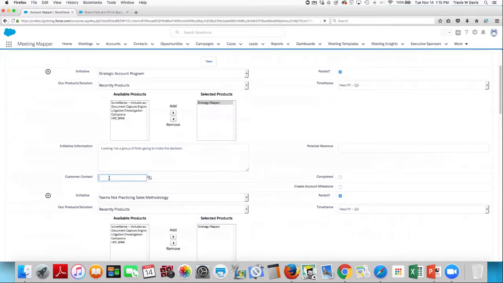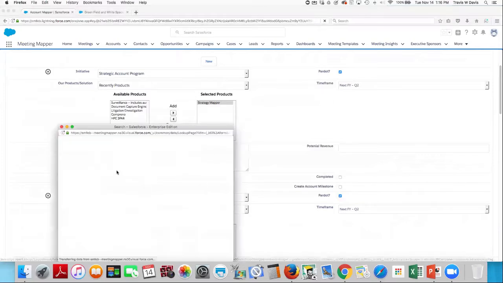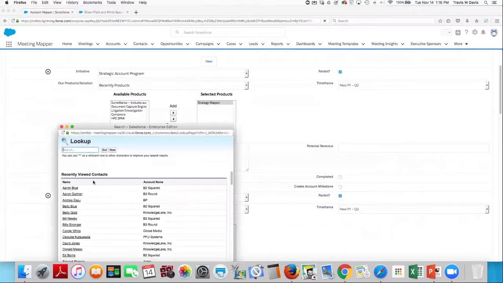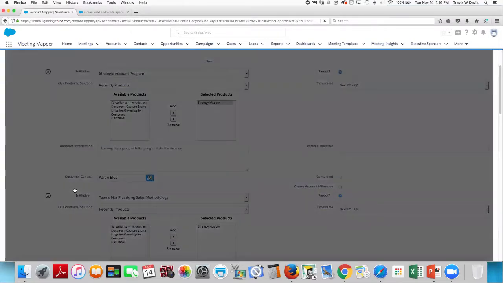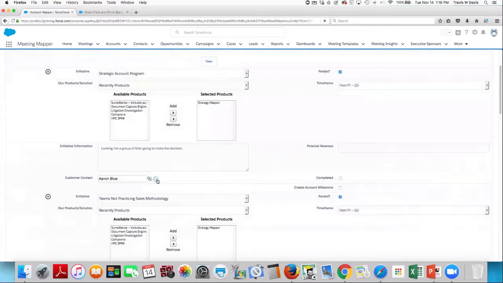Now, I even can put a customer contact. Who with the customer is running with this initiative? Who's the program director? Who's the business owner of this particular project? And I can go in here, and I'm going to go ahead and search on some folks. And I'm going to say it's Aaron. Now, what I can do also in this interface is I can email Aaron specifically and ask and talk about